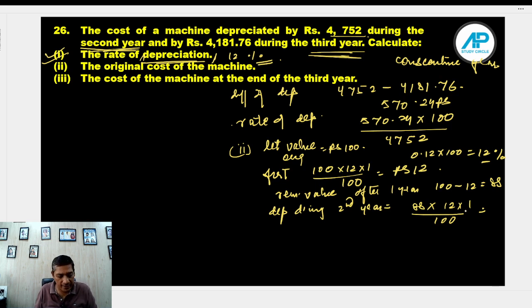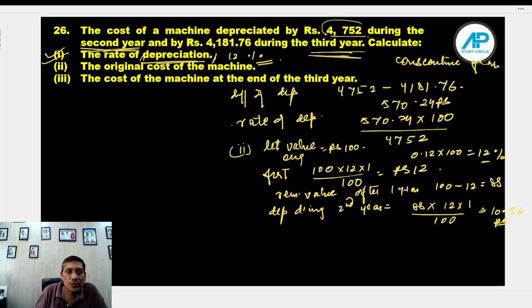So I am finding 88 into 12, and this gives me the value 10.56 rupees. I'm getting a depreciation of 10.56 rupees during the second year, and I have to compare it now